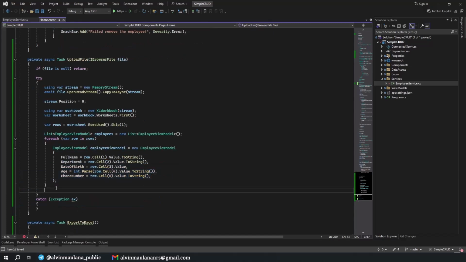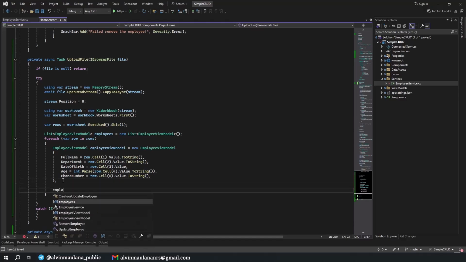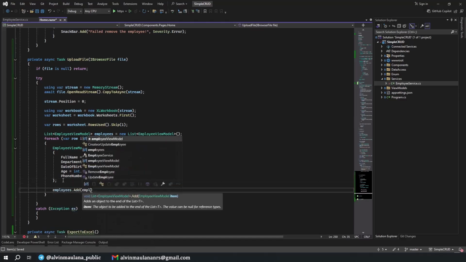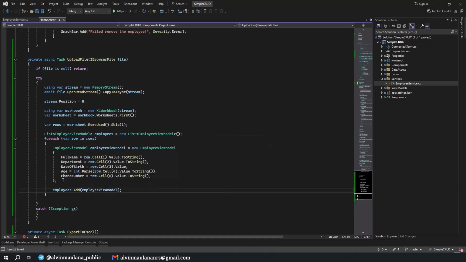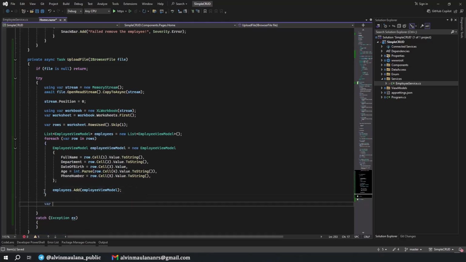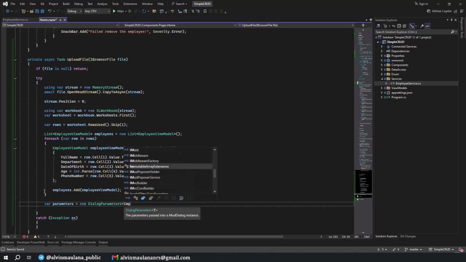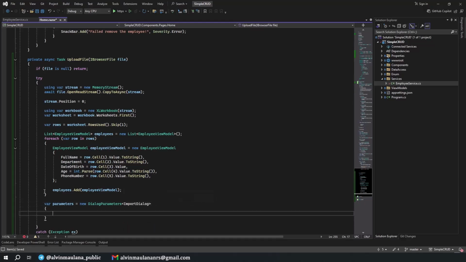Now we have to insert this one, employees.Add the EmployeeViewModel, and then we show this list of EmployeeViewModel in our new dialog. We have not created it yet, but that's okay. So var parameters, new DialogParameters of ImportDialog. We don't have it yet, that's okay.